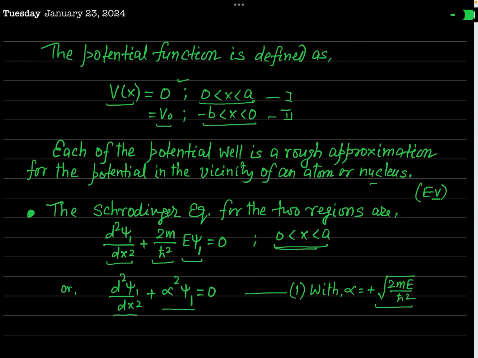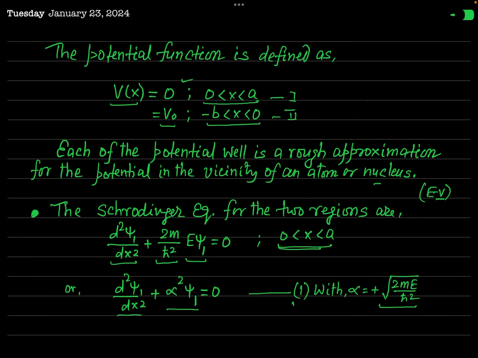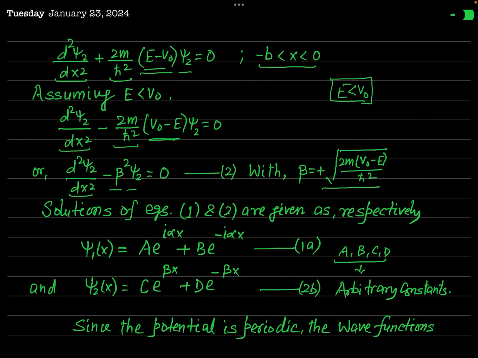Now, see the form of this equation 1. This is just the equation of a simple harmonic motion. So you can think that the solution of this equation 1, that is psi 1, must be of oscillatory nature. On this basis, you can write the solution of that Schrodinger equation in this manner: